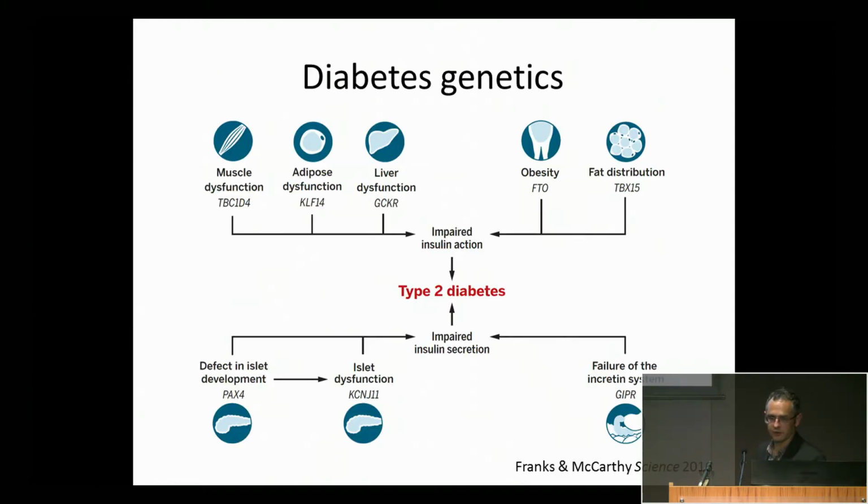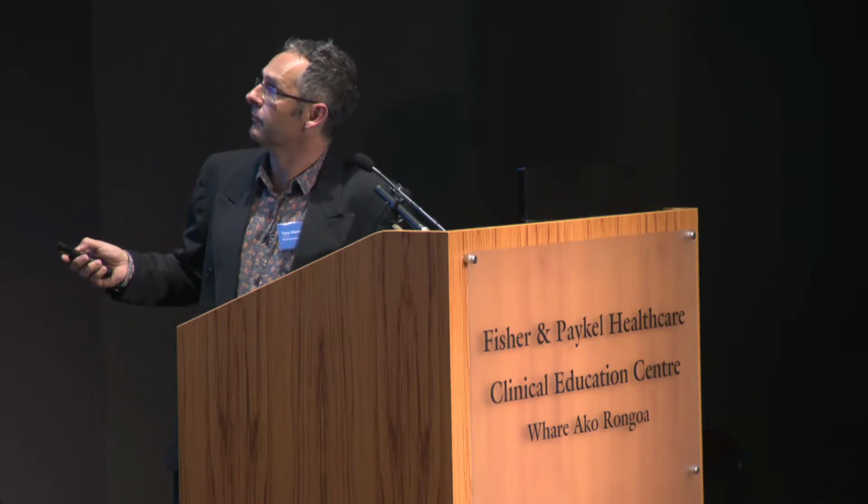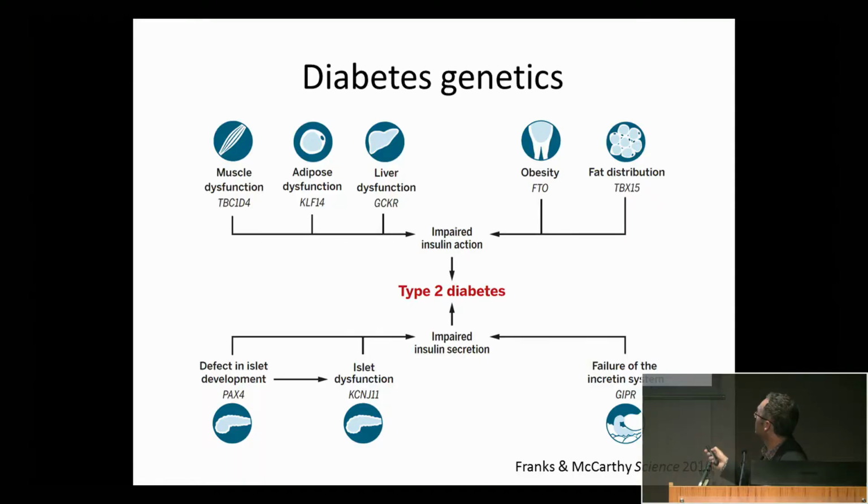But anyway, the genome-wide association studies have been done in the past in sample sets of hundreds of thousands of people, and have told us a lot about the inherited and genetic causes of diabetes. And really, one thing we can see, the FTO gene, it kind of formally proves, if you like, that obesity is causal of type 2 diabetes, via various pathways: muscle dysfunction, adipose, liver, fat distribution, and islet insulin secretion defects. There's well over 100 genes or loci implicated in type 2 diabetes.